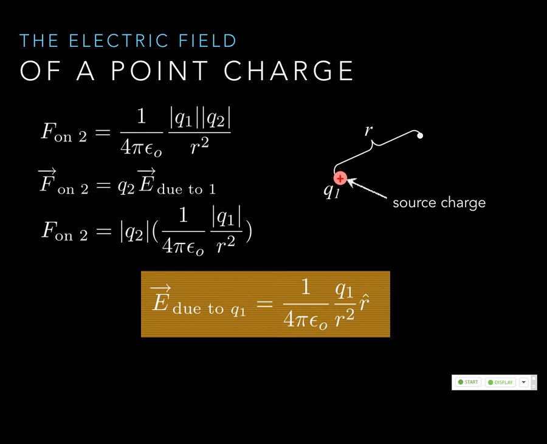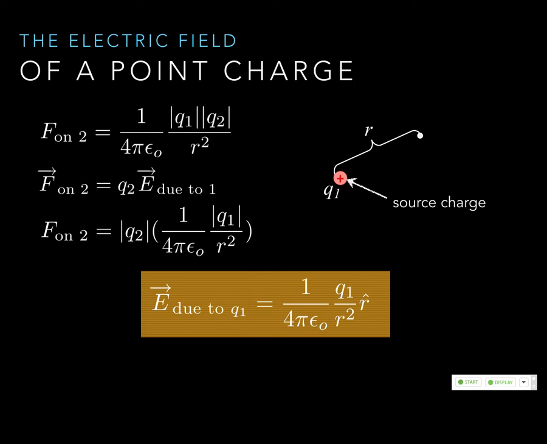Wouldn't both charges just have their own electric field, though? Yes. So they're both simultaneously making their own field, but then also being acted on by everything else. We know there's forces on these, but to calculate a particular thing, we don't need to calculate all the electric fields. We just need to decide which ones we care about. So every point charge has its own electric field, and it interacts with the electric fields of the other point charges. We're going to do a whole lab on that in a couple weeks. So if you're really excited about looking at electric fields of point charges, then you are in luck.